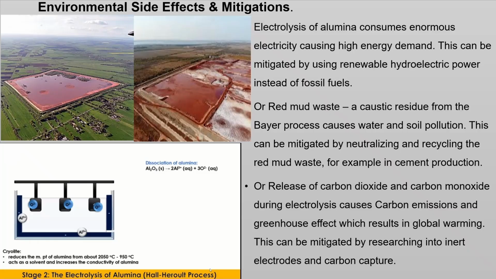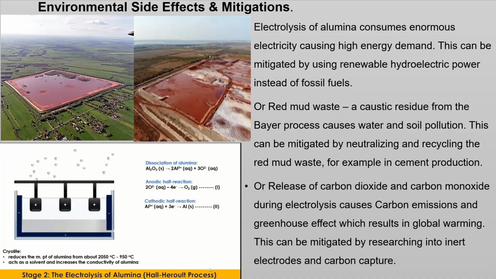The second alternative, red mud waste, a caustic residue from the Bayer process, causes water and soil pollution, and this can be mitigated by neutralizing and recycling the red mud waste that we see in the top left there, for example in cement production. The third alternative, the release of carbon dioxide and carbon monoxide during electrolysis, as the carbon